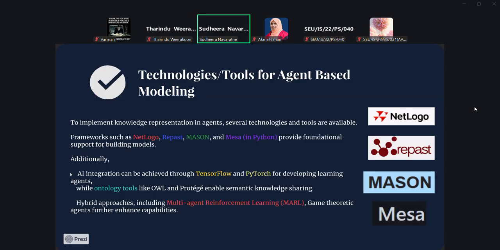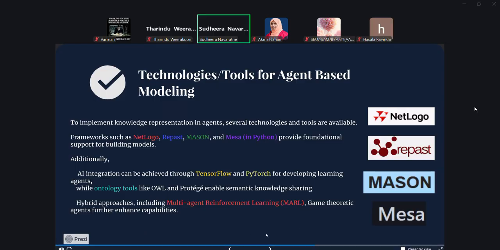Also, you can use ontology tools such as OWL to embed the ontologies into the agent. And you can use reinforcement learning, a game theoretic model, or any other advanced techniques to represent the agent behavior.